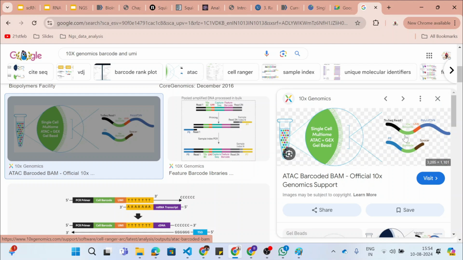So we need to have the barcode for demultiplexing to know which transcript is coming from which cell. UMI is basically for when we may have multiple transcripts for the same gene. So for all the similar genes, let's say gene A has 5 transcripts, so all the 5 transcripts will have the same UMI. Then we will have gene B. Let's say gene B will have 3 transcripts, so all the 3 transcripts will have a different unique UMI. Okay, so this is the way we are going to capture and do the demultiplexing part.